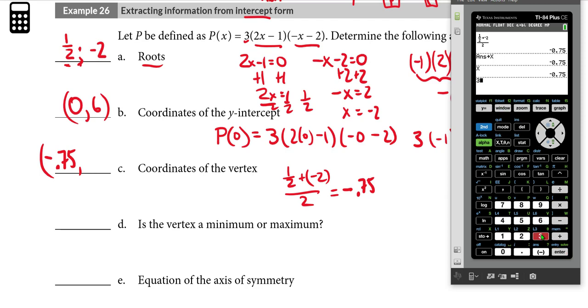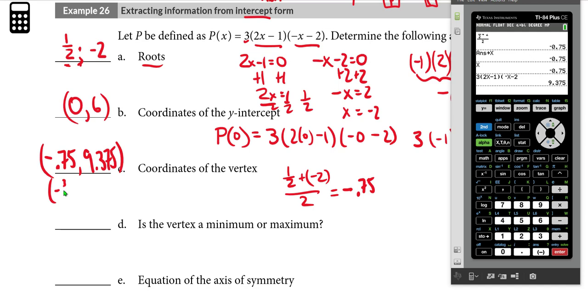So now what I'm going to do is 3 parentheses 2x minus 1 and parentheses negative x minus 2 and enter, and I get 9.375. I could also obviously write this as negative 3/4 comma. Let me convert this to a fraction, and I get 75 over 8. So the coordinates of the vertex are negative 3/4 comma 75 over 8, or of course you can use the